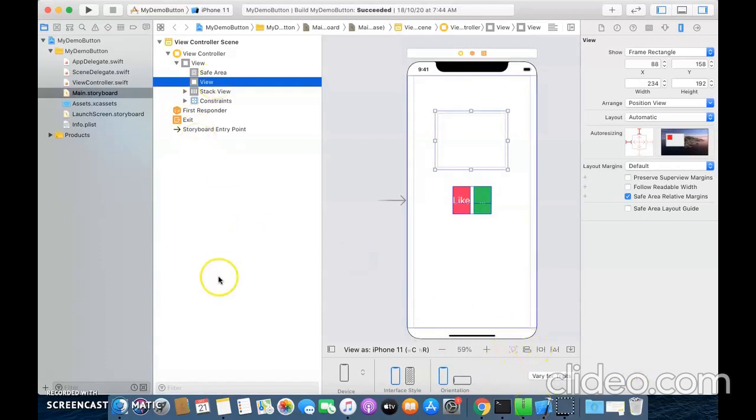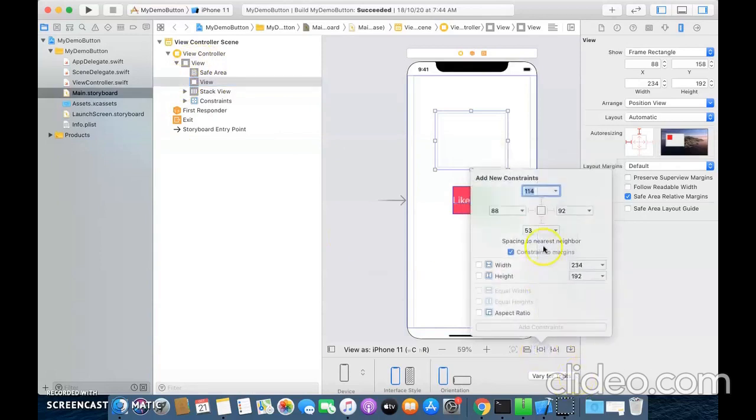If you remember, initially we added trailing, leading, top and bottom constraints for a UI view, and it was going okay. So basically we used 4 constraints for a UI view, and whatever constraints you apply for the UI view, the 4 main constraints will be needed. So we can say that for a UI view, we need the 4 important constraints.